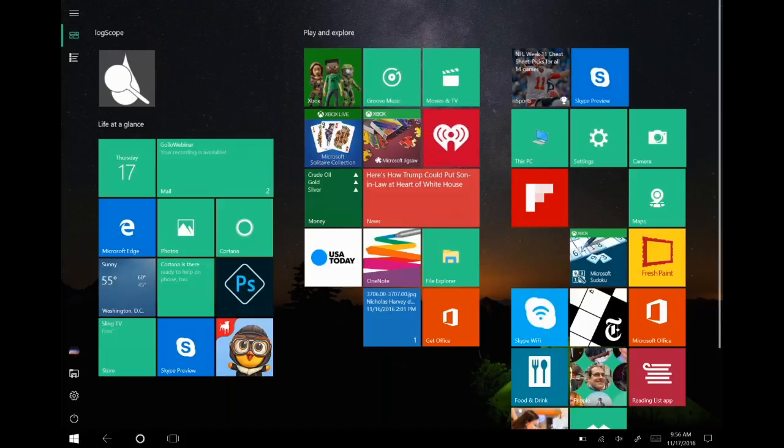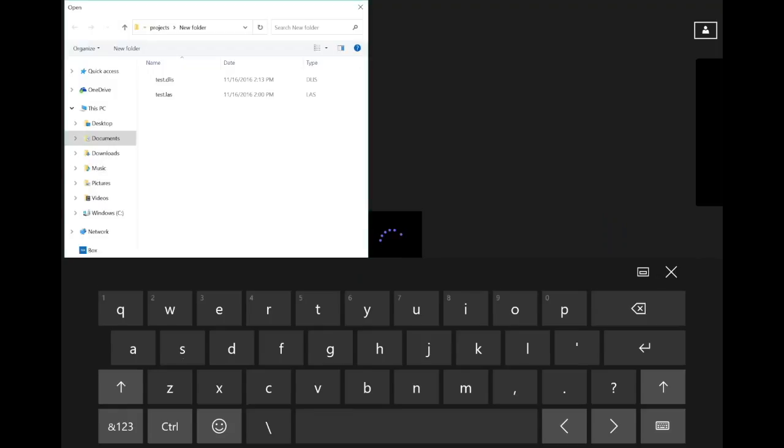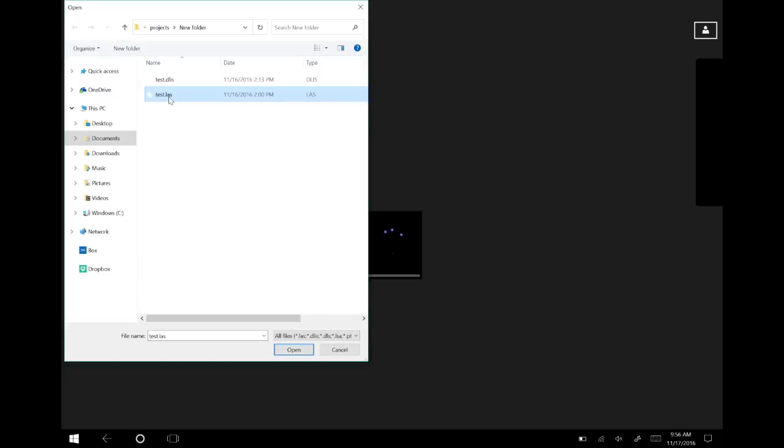In this example, we're going to show LogScope loading a LAS file, followed by actually loading some CT data. In this case, we're loading the LAS file, and we just select the LAS file, and it produces the logs as a standard presentation. So we launch LogScope, and we pull up a file called test.las, and it will display it in